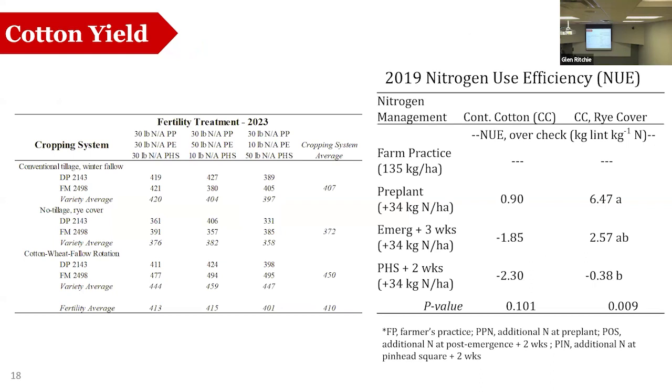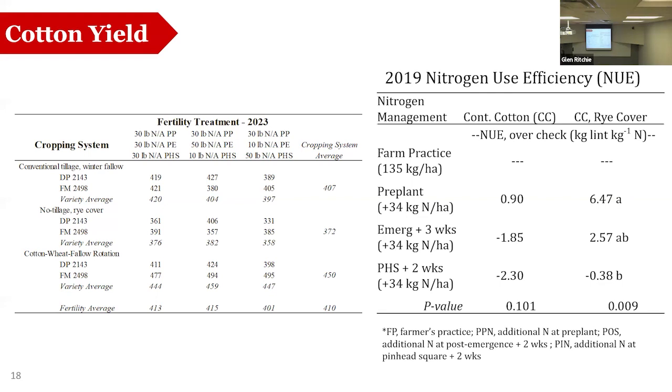So next, we're going to look at some cotton yield. This is going to be from 2023. And we did have a fertility trial go on in these systems as well. So we'll just ignore that for now, and we'll talk about it a little bit later. But what we're seeing from a yield perspective is that we have a slight decrease in our cotton yields in the rye system compared to conventional, but we do see quite a big